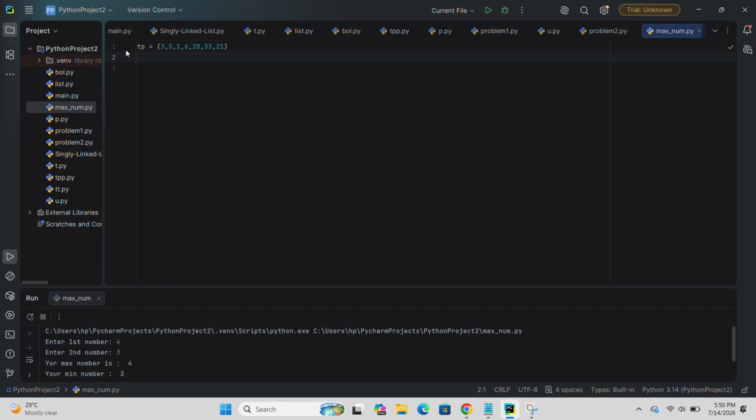Now I want to print the maximum number in this tuple using the Python built-in function. Now I give here print, then max, which means maximum number. It prints the tuple's maximum number. Now I run this code. It shows me my tuple's maximum number. And if we want to make our code more attractive, our max number is,